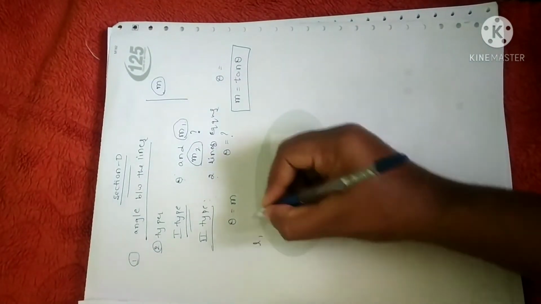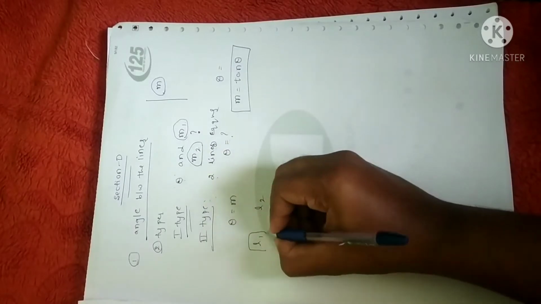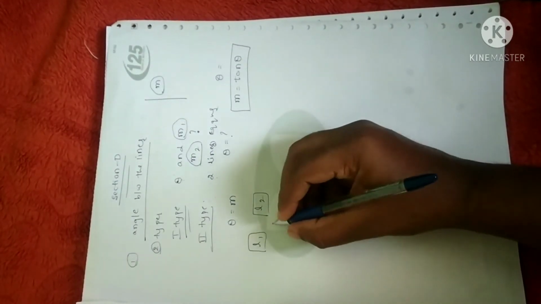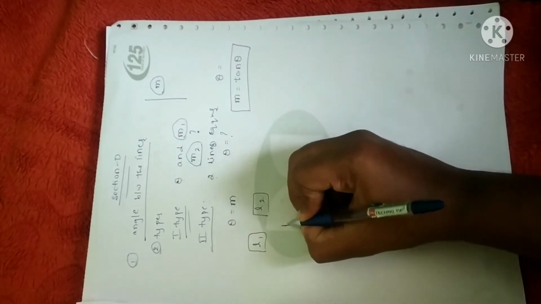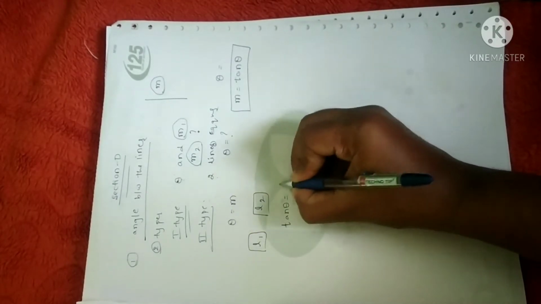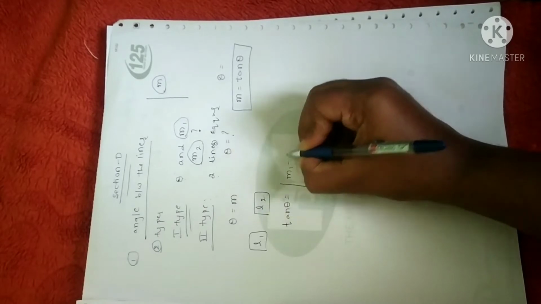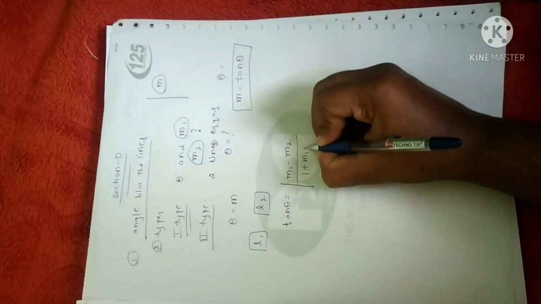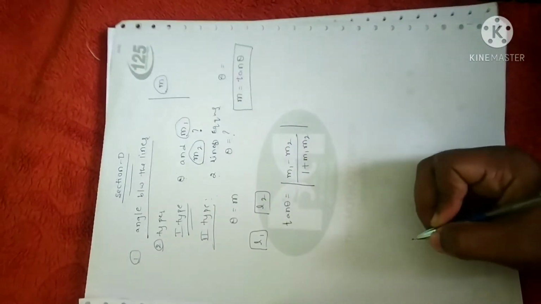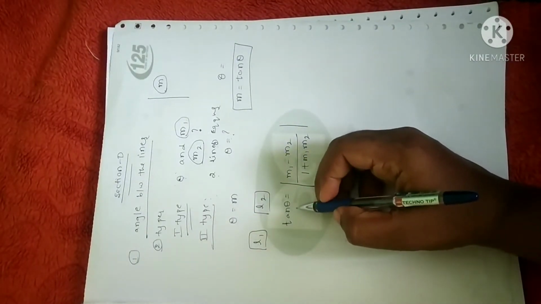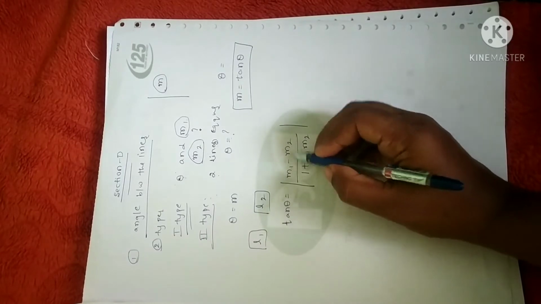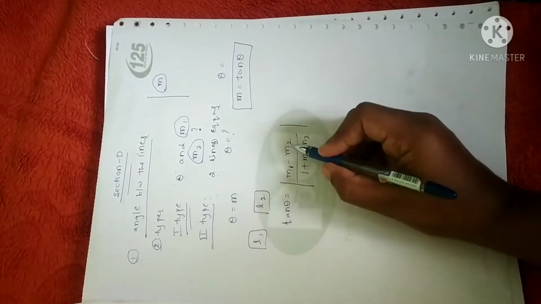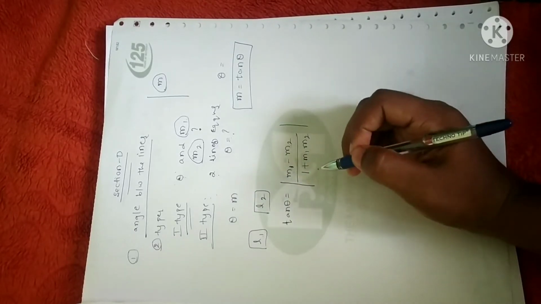Suppose two line equations are given, say L1 and L2. How can you find the value of theta? You have to use the formula tan theta is equal to magnitude of m1 minus m2 divided by 1 plus m1 m2. This gives the relationship between theta and the slopes of two lines, where m1 is the slope of the first line and m2 is the slope of the second line.